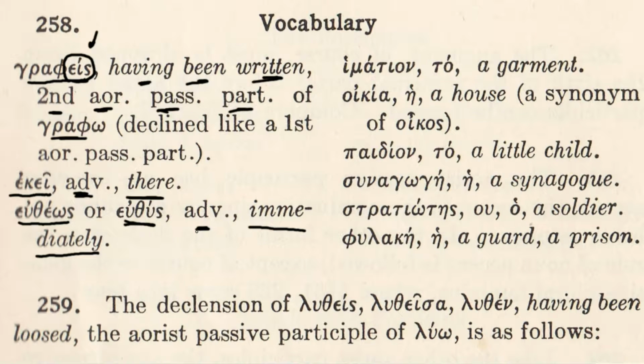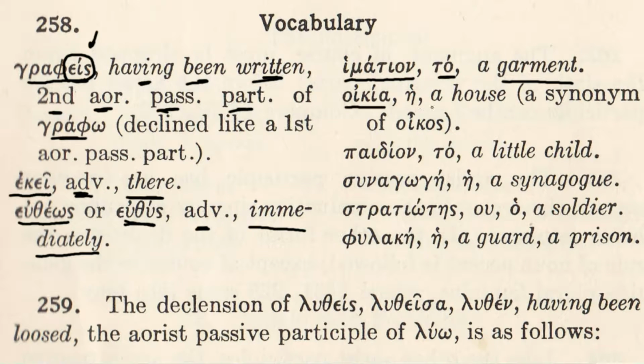It is interesting as you read the Gospel of Mark, even in English, you'll notice how frequently it is said that Jesus did this immediately or did that immediately. The word shows up multiple times on every page of the Gospel of Mark, so you'll notice this quite a bit if you ever read the Gospel of Mark in Greek, which I certainly hope you do. Hemation is a neuter noun. It means garment or clothing. I don't know of any English word that comes from that root, and so that's just one to memorize.